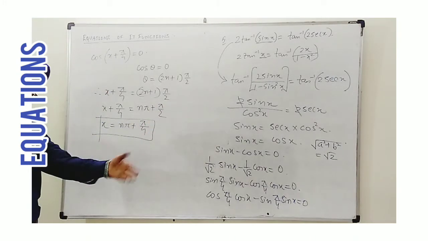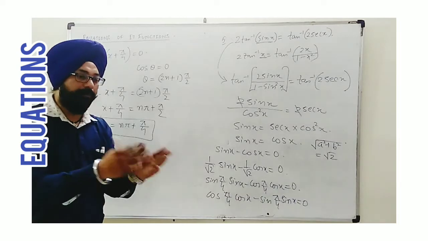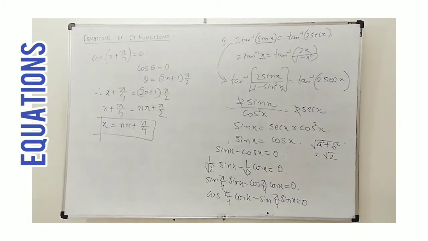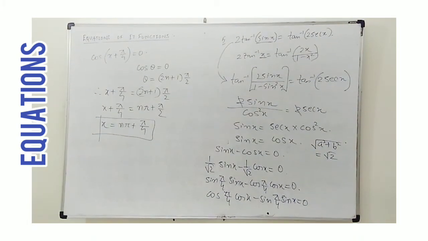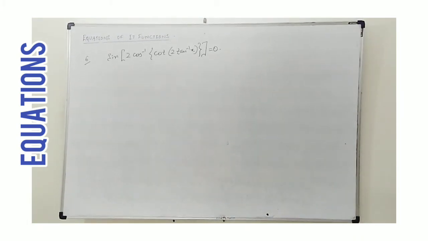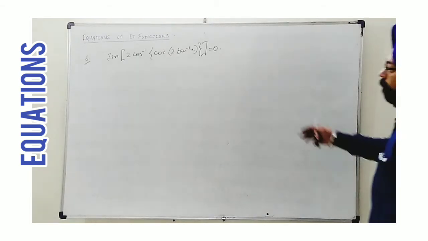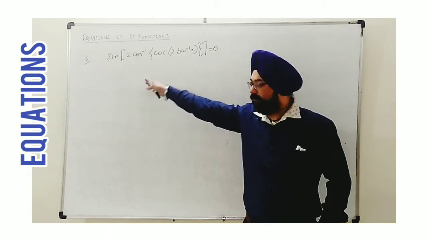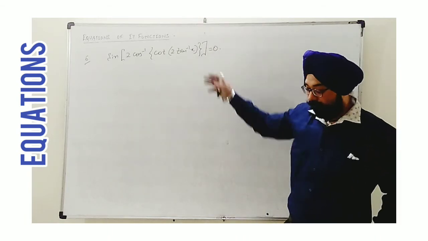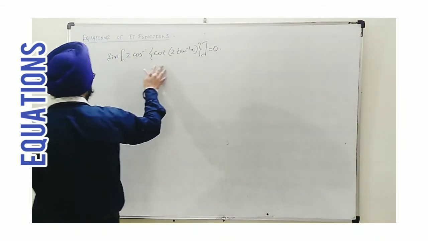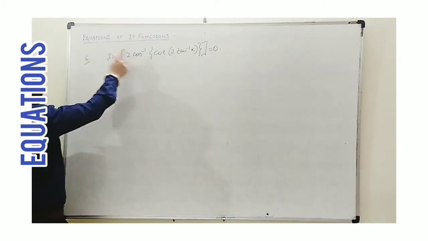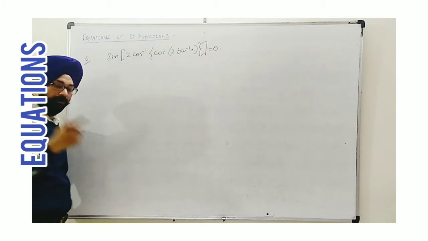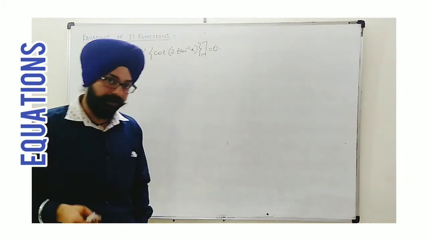Completely different question. Now further we are having different questions only, different patterns we are taking. Let's see the next one. This pattern, we are given all the functions left hand side equal to 0. Whenever such a situation is given, it's like a composite function: sin(2 cos⁻¹(cot(2 tan⁻¹ x))) = 0. We need to solve it, we need to find the value of x.